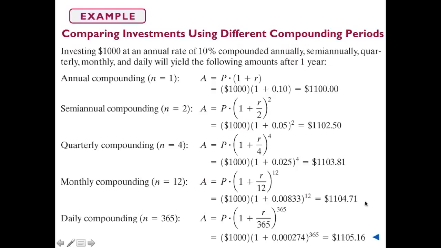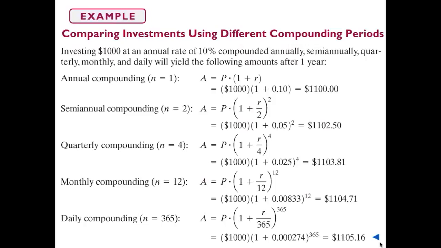So with quarterly compounding, we should expect it to be kind of close to the semi-annual, but a little bit higher. So since it's quarterly, that's going to be 4 times a year. So when we plug it in, we have our principal times 1 plus R divided by 4 to the 4th power, because it's just 4 times 1. That's N times T. So we have 1,000, which is our principal, multiplied by 1 plus, we know that our rate is 10%, so we would take 0.1 and divide it by 4, and we would get 0.025, and we raise that to